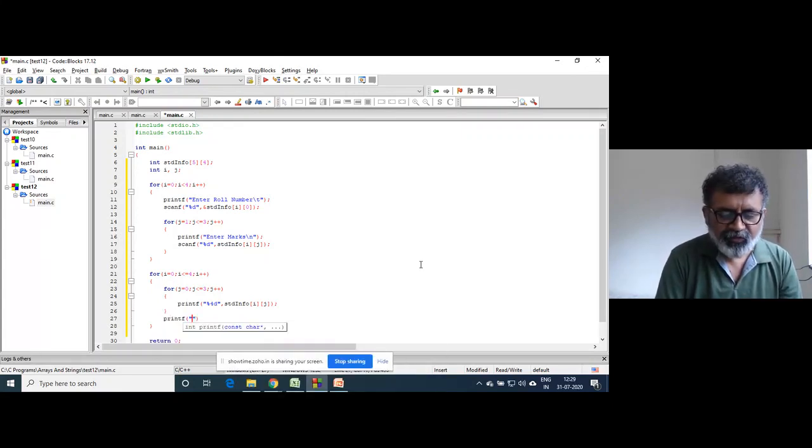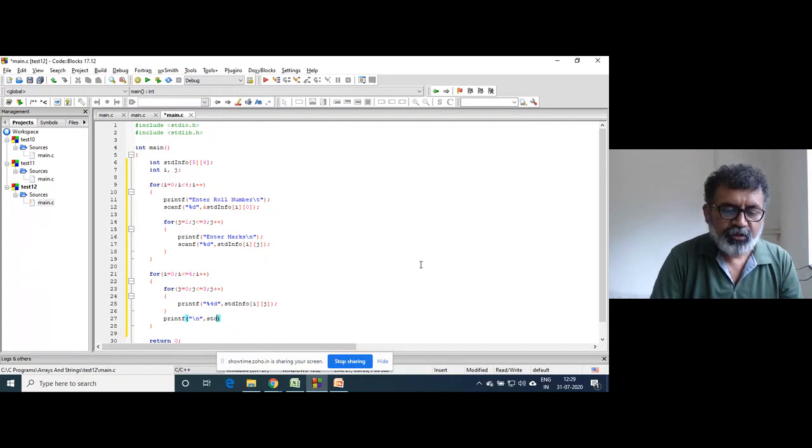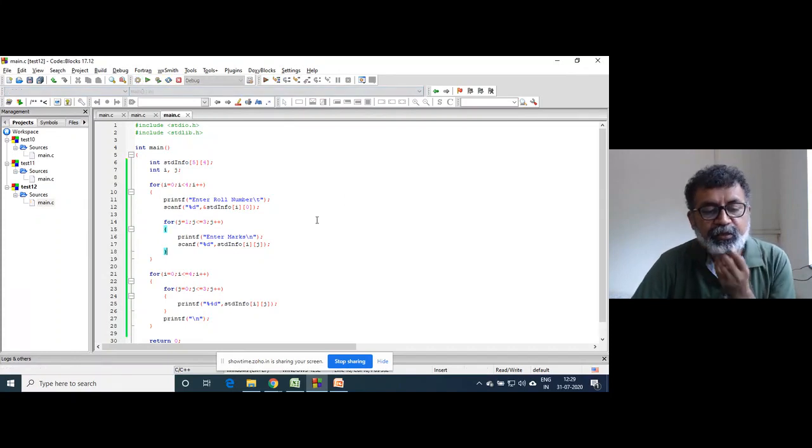You can now visualize everything. Std info, no sorry, only slash n, right? Let's try to execute this.